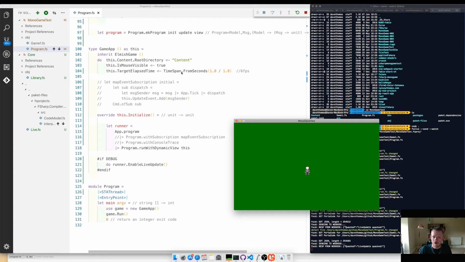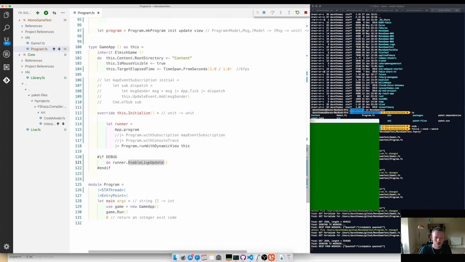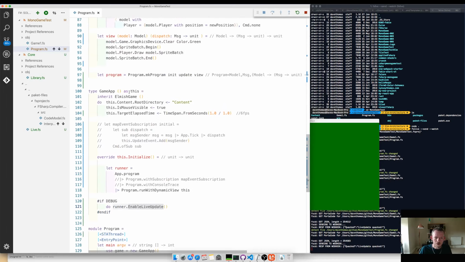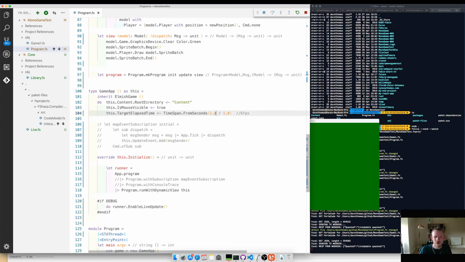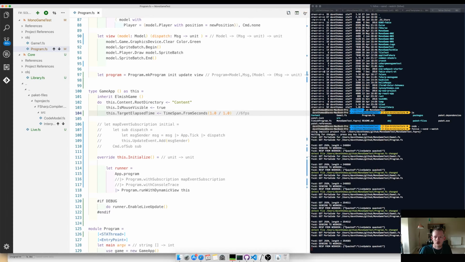So this is never going to get rerun, because the only part that gets replaced is the dynamic view part. So enable live update gets run, and this part gets replaced every time we make a change. Update and view get changed. But this part, although it's comprised and interpreted as part of this, it's not replaced. This will do nothing until we hit stop. And if we start again now,